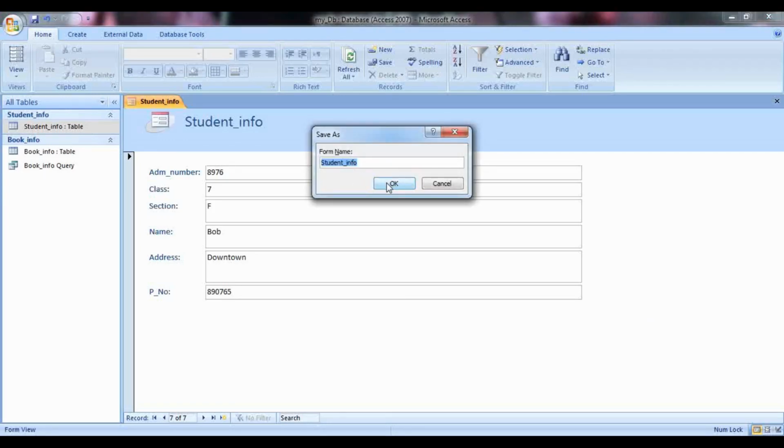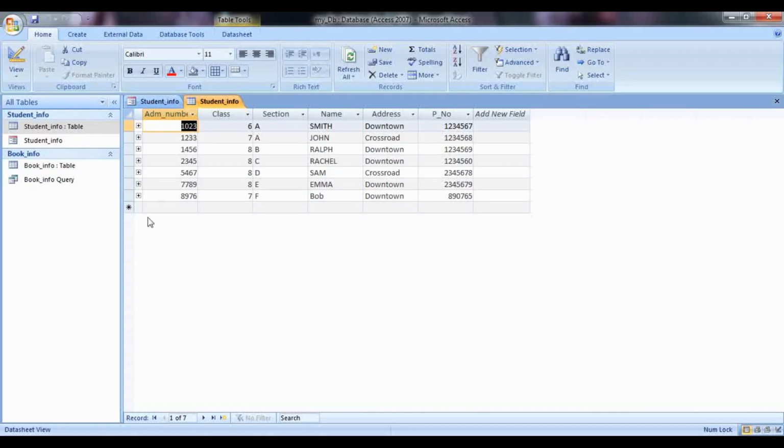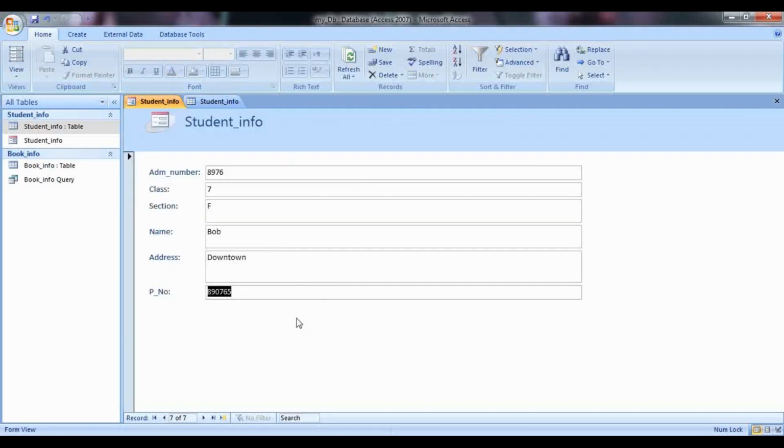So once you have saved it with Control S, now if you go and check in the student information table here, a new record with the name Bob, downtown has been added. So it is that easy to enter the information. To add any new record, again you will click on a new blank record and you can enter here. You can also edit the existing records.